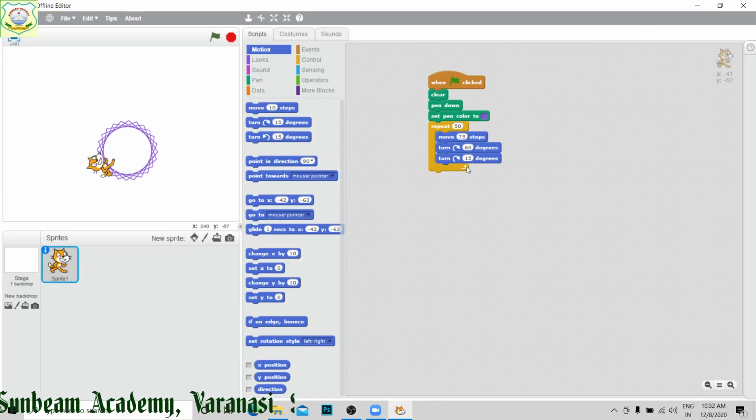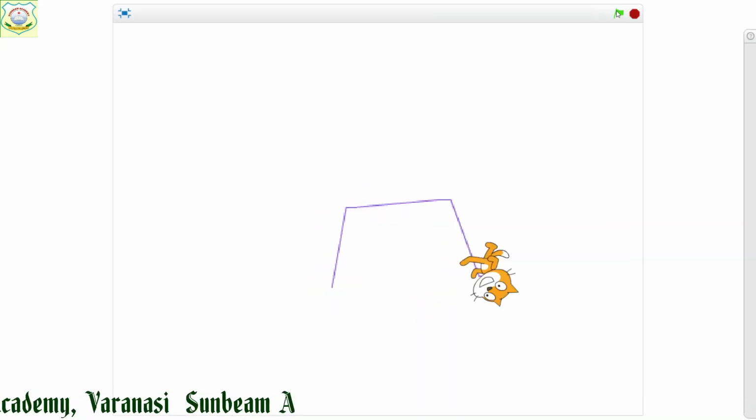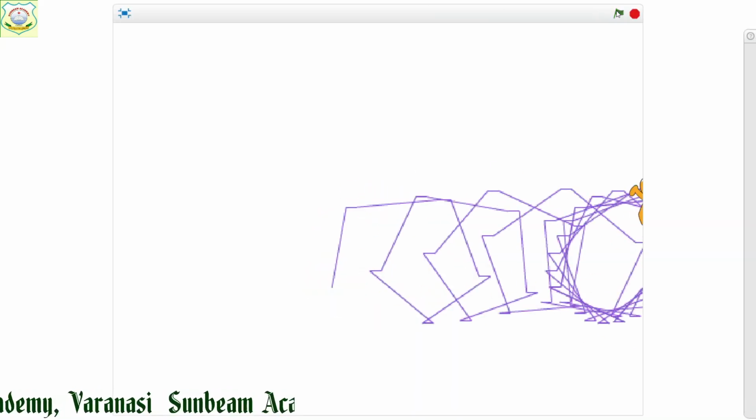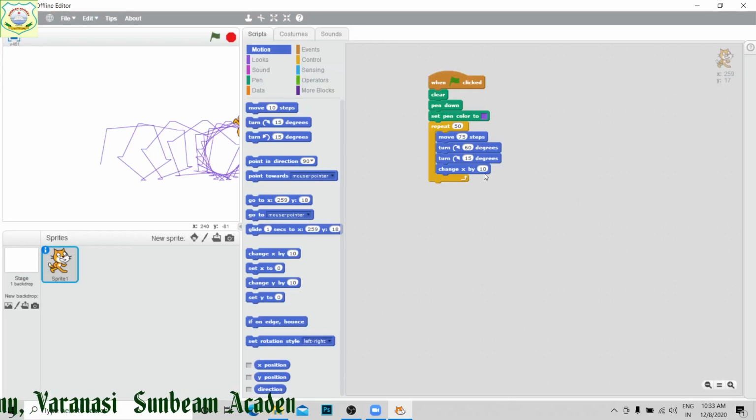Every time it is going to change the location. Suppose I have taken change x by 10, I put it over here. Now you can see it has been done like this, right? Suppose it is going to be done by 2, and I put the sprite over here.